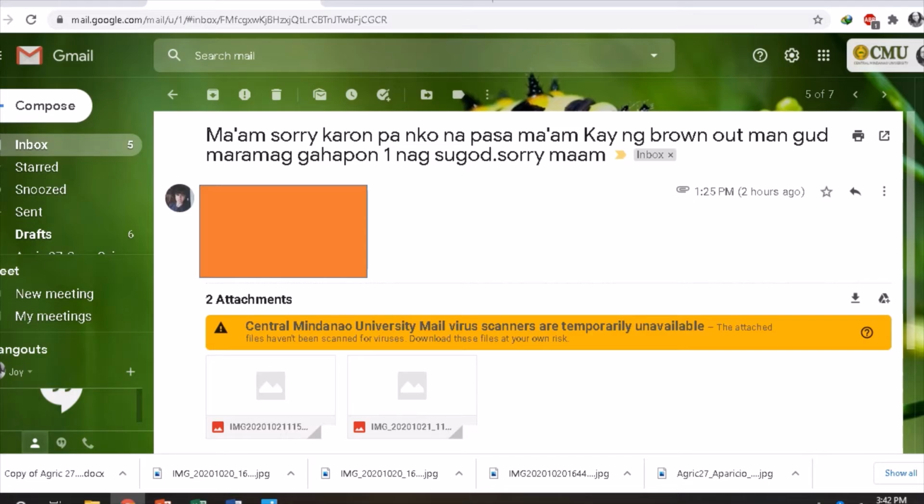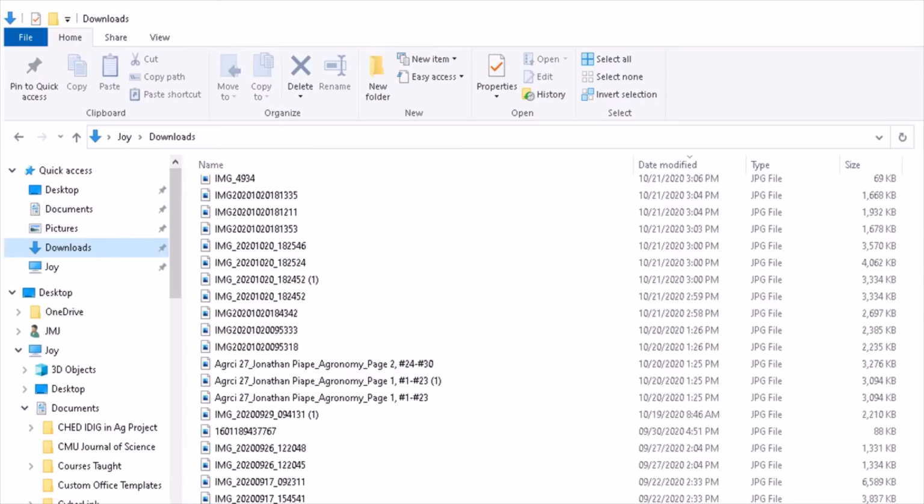Okay, in this case, Mr. Piape had written a very good file name for the photos that he sent, although he had some typo errors there, but that's very minimal. So the subject and his name and his major and the document that he is sending, even including a guide for the professor on what can be found in this particular page, although page 1 was downloaded twice,